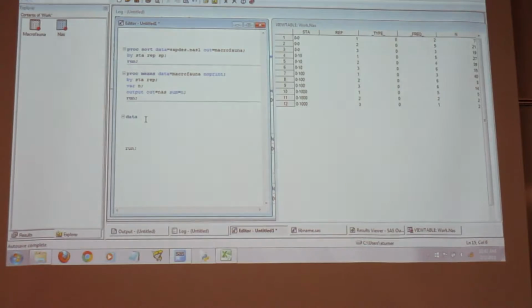The way you do a data step is you say data and then the file. So you don't have to do data equals. They don't have that on there. So what I want to look at is NAS. Again, because it's in my work, I don't need to put the folder name there. If you want to, you could just say work.NAS. It would work just as well.